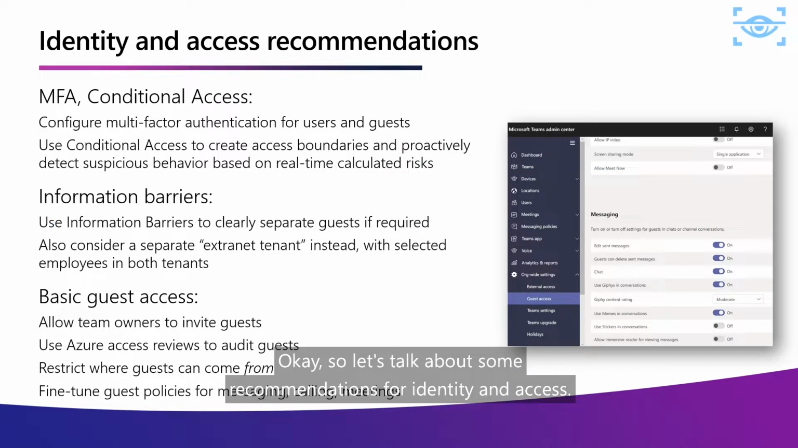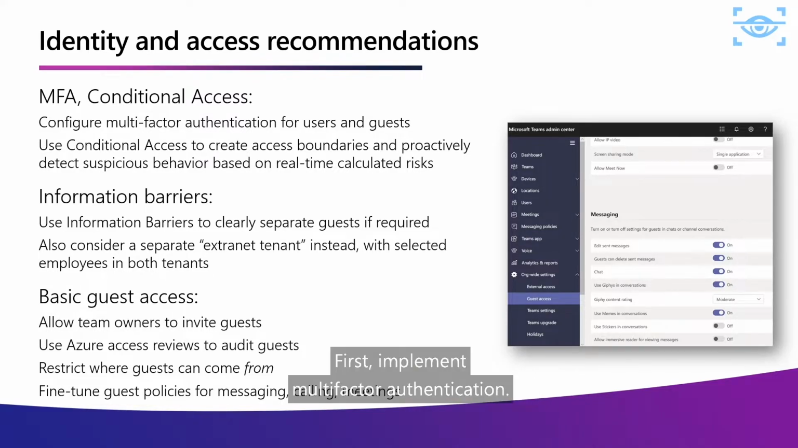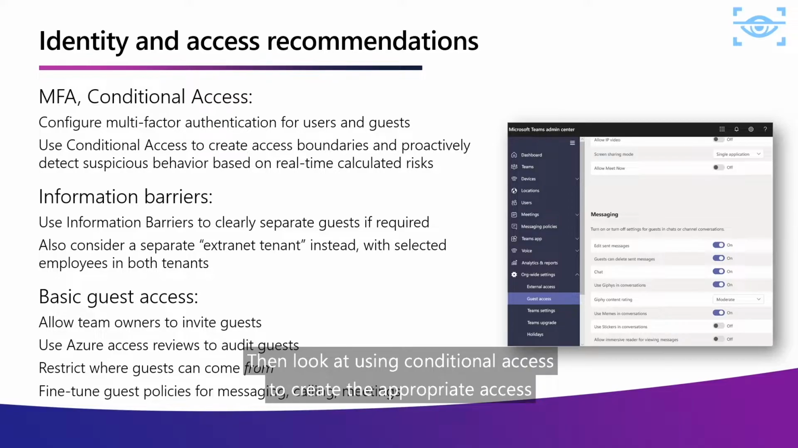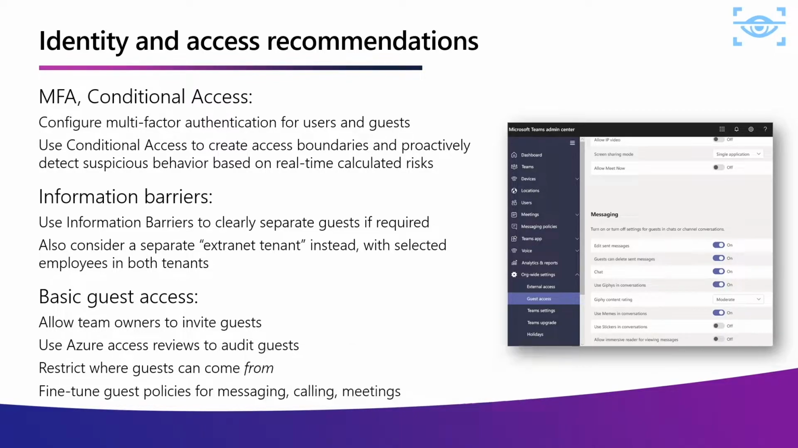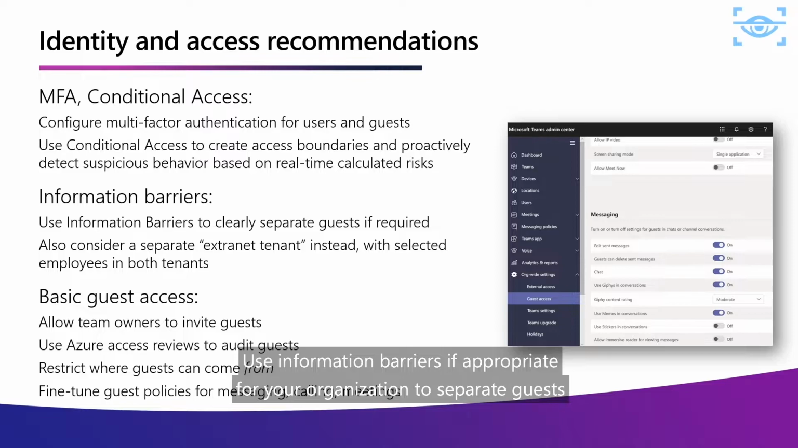So let's talk about some recommendations for identity and access. First, implement multi-factor authentication. This is an easy one, and do that for users and guests. Then, look at using conditional access to create the appropriate access boundaries and rules, and detect suspicious behavior based on those signals. Use information barriers, if appropriate for your organization, to separate guests out from other users or separate different